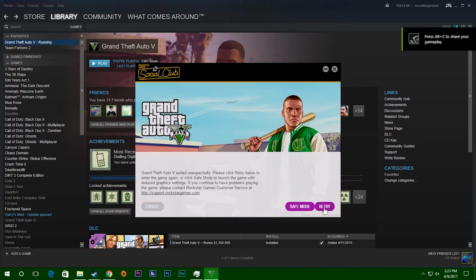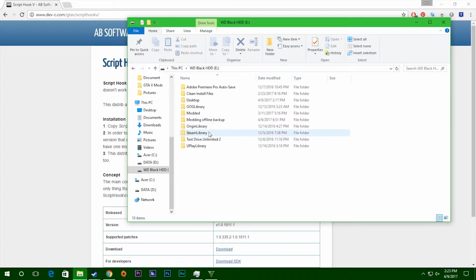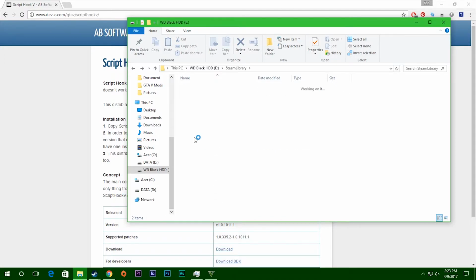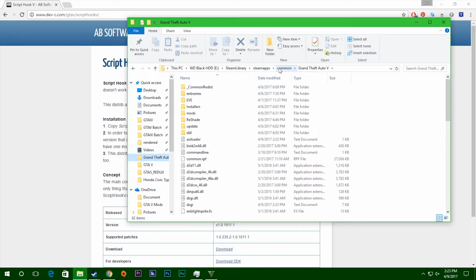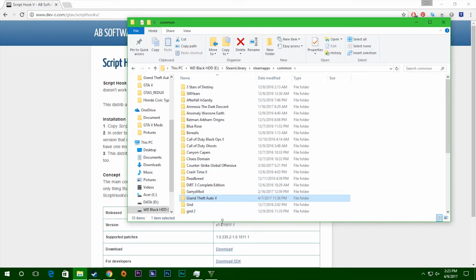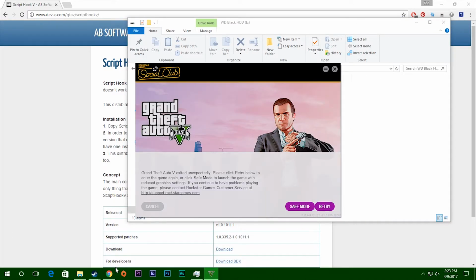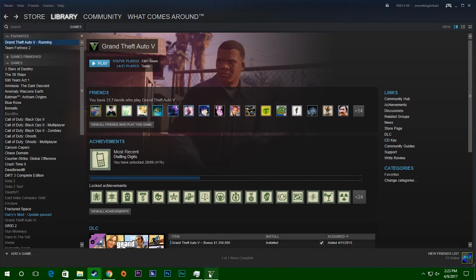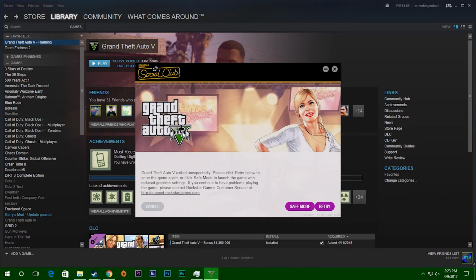When it says retry, this is what you want. And now when this happens, you want to copy the backup and replace the new updated game which crashes. So you want to replace it with the backup. So what happens here is Steam will think that you updated the game, because you updated the game and then it started running perfectly fine,